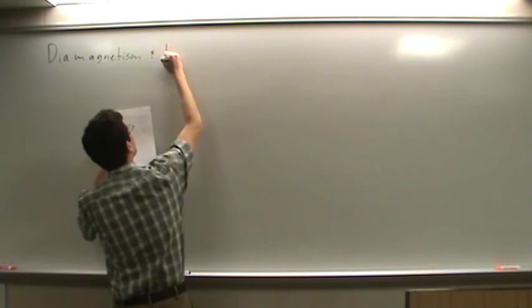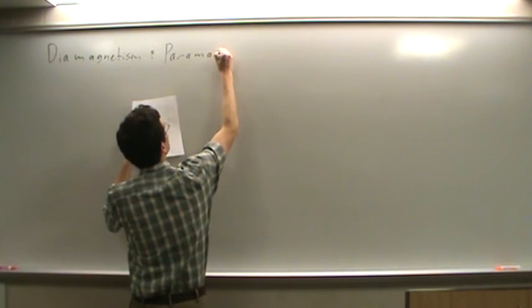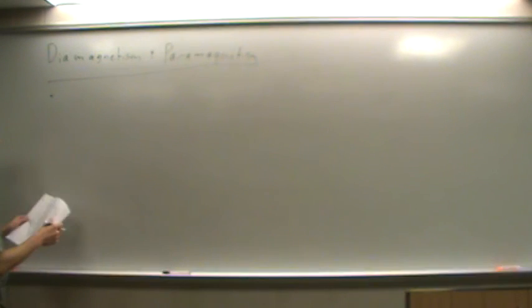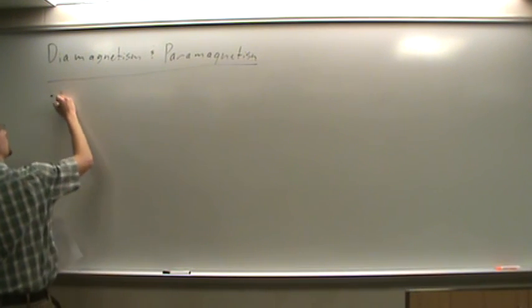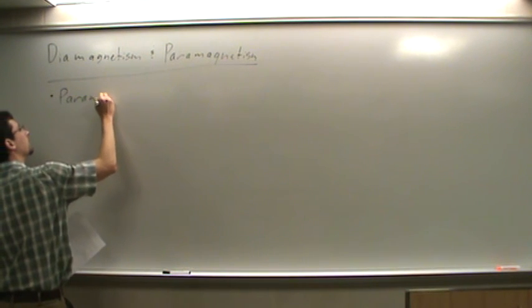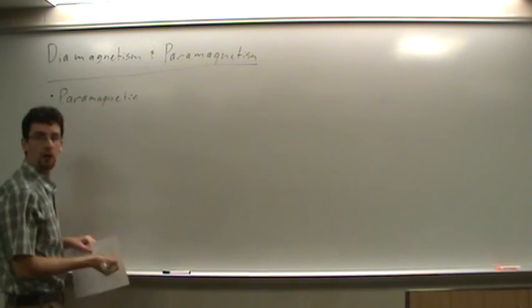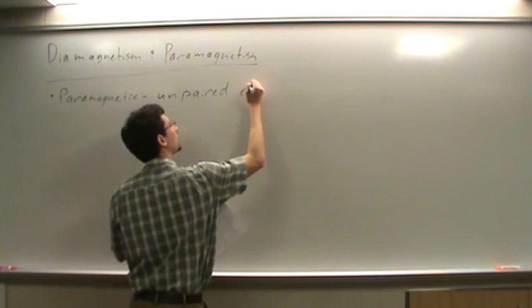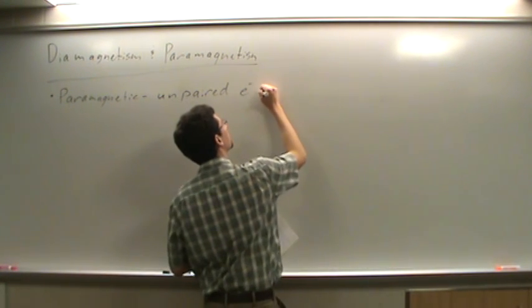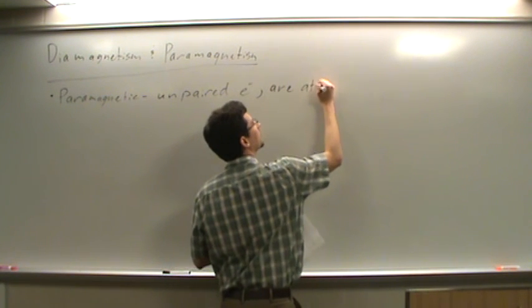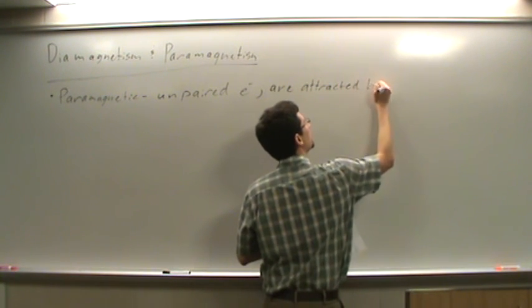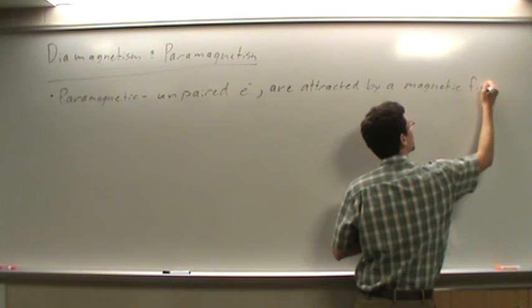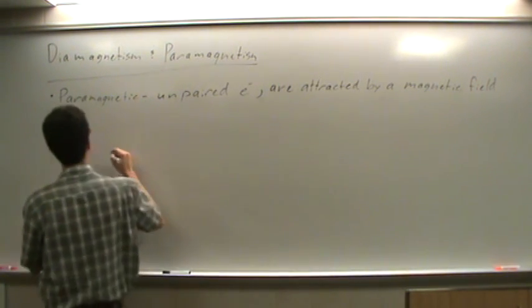Diamagnetism and paramagnetism. Paramagnetic compounds have unpaired electrons, and are attracted by a magnetic field. Whereas diamagnetic